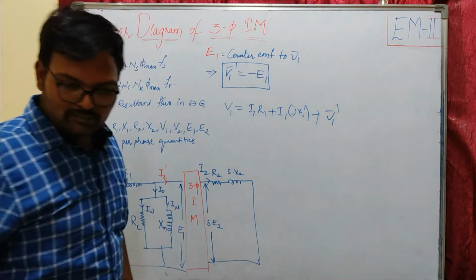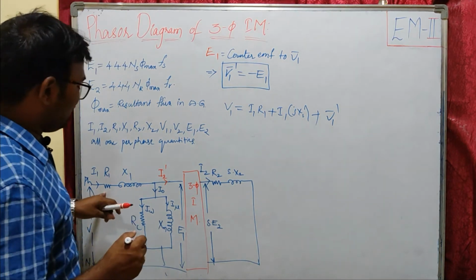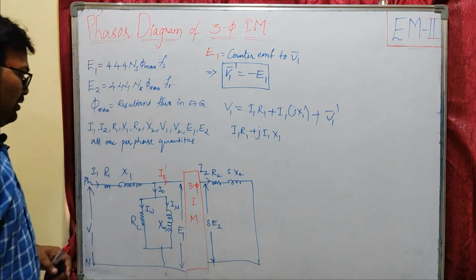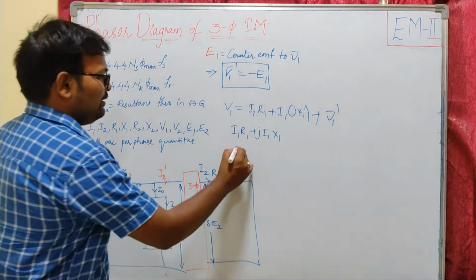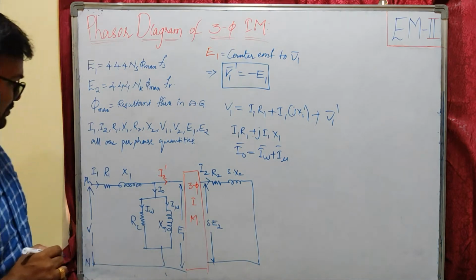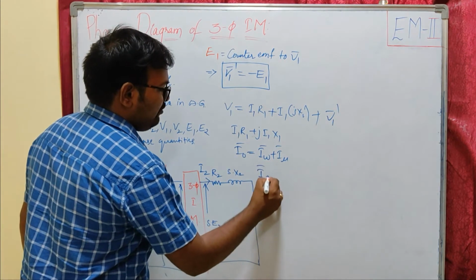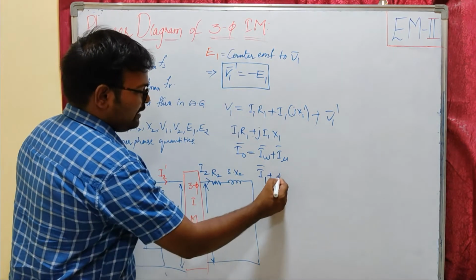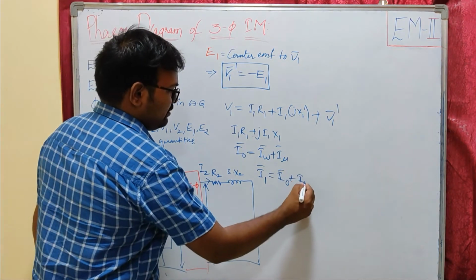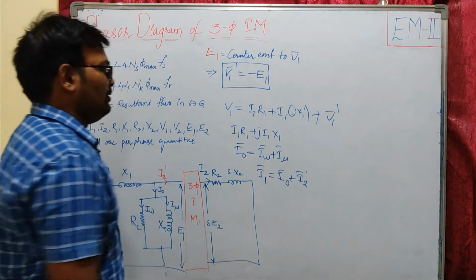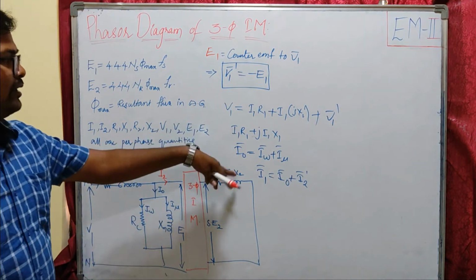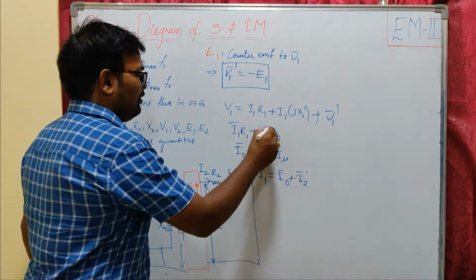Okay, remember this. Next, my voltage drop in the stator, that is I1 bar R1 plus j times I1 bar X1. And you can see the no load current I naught is the sum of our core loss component and our magnetizing component, and our I1 bar is I naught bar plus I2 dash. Okay, this is my I2 dash. So these are the expressions we are getting in the primary, the stator side of our induction machine. So using these expressions, we are going to draw the phasor diagram of our 3-phase induction machine.